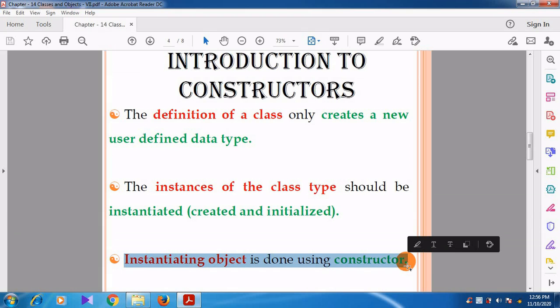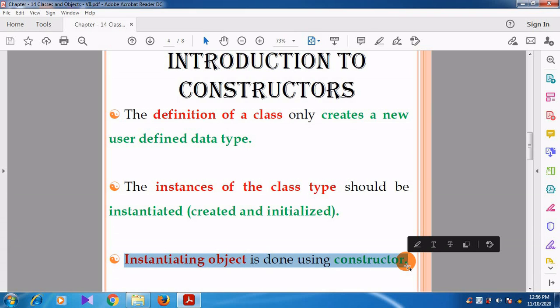Whenever we create the object, then only is the class effective and the class members accessed. Up to that, the definition of the class is just a user defined data type.